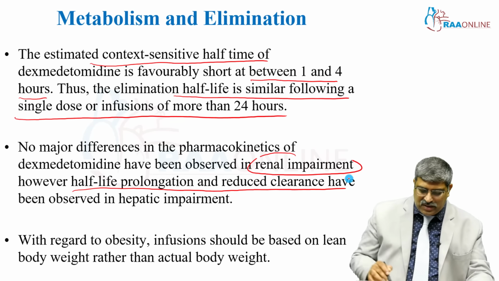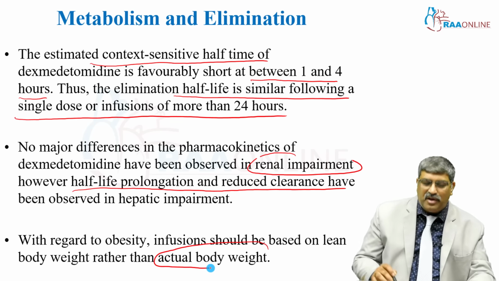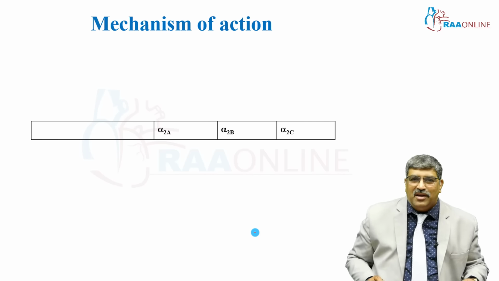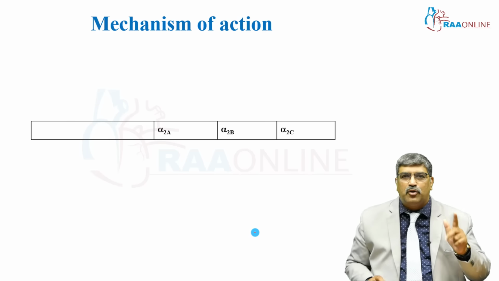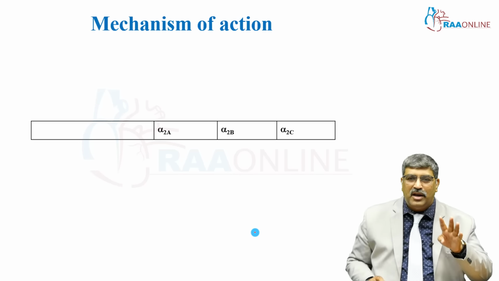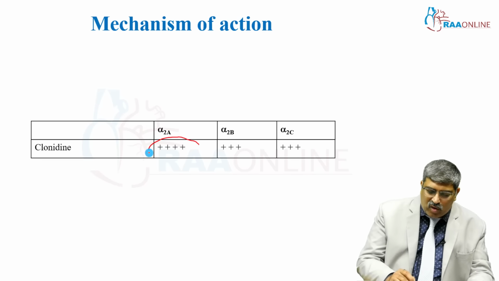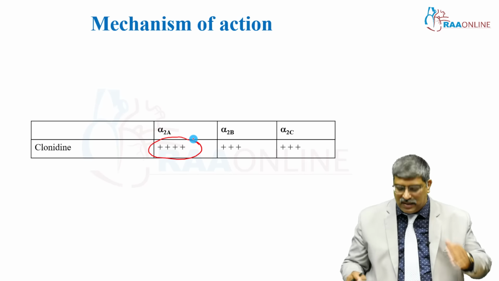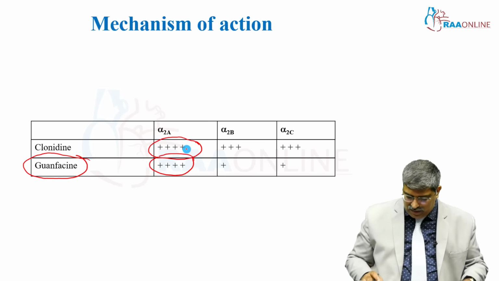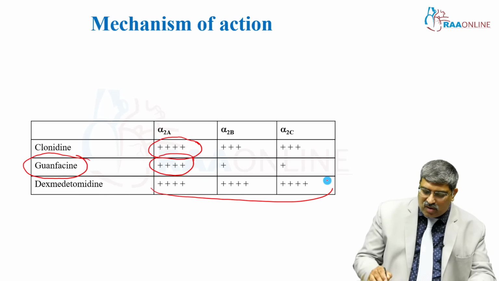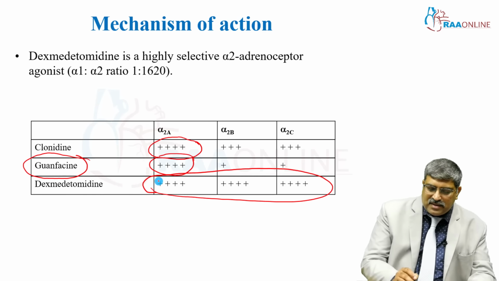With regard to obesity, you should use the lean body mass index rather than actual body weight for dosing dexmedetomidine. And coming to the various alpha-2 receptors, they are subdivided into 4 major categories: 2A, 2B, 2C and 2D. Here I have put only 3 subcategories. With regard to agonists, clonidine is more alpha-2A than alpha-2B and C. Guanfacine is mainly alpha-2A only, but dexmedetomidine acts on all 3 subgroups of alpha-2 receptor, and it is highly